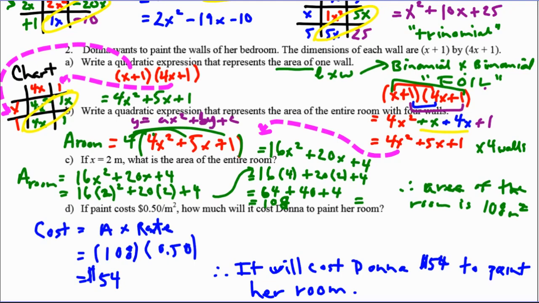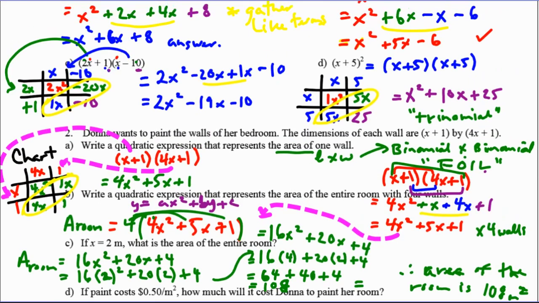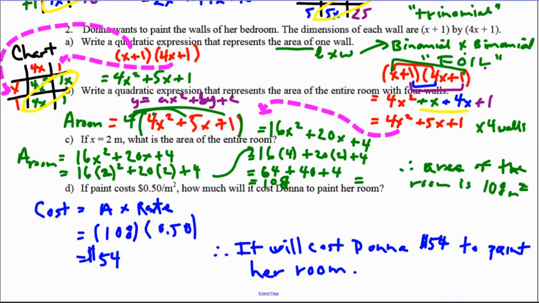Well, we've shown how to do FOIL. There's two different ways. You can use a chart. You can use the distributive property of FOIL to turn two binomials into a trinomial. Okay, we remember to look for these patterns where, when we do FOIL, the middle two terms gather. If we do the chart, well, the two middle diagonal terms also collect like terms. And then finally we saw how this could be applied to a dimensional question of a room